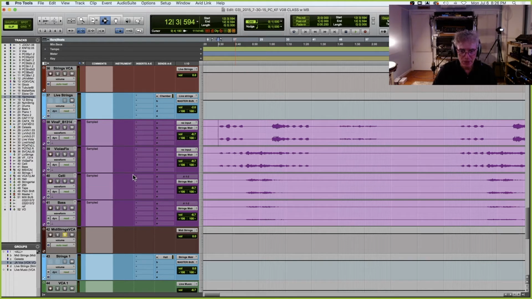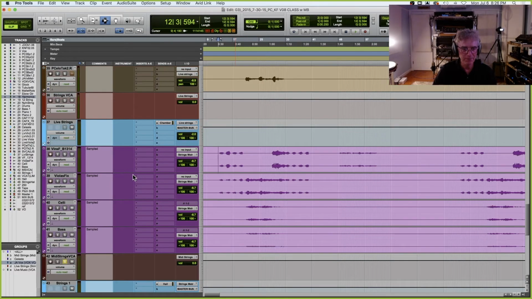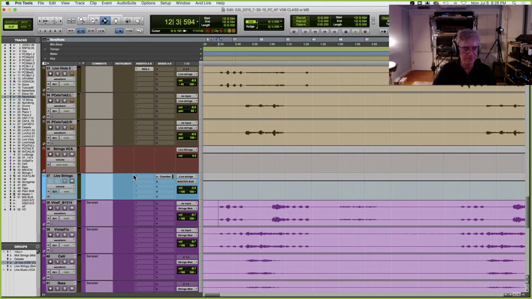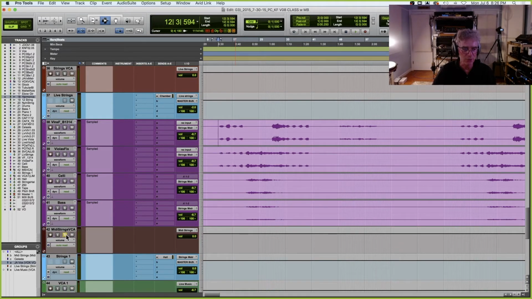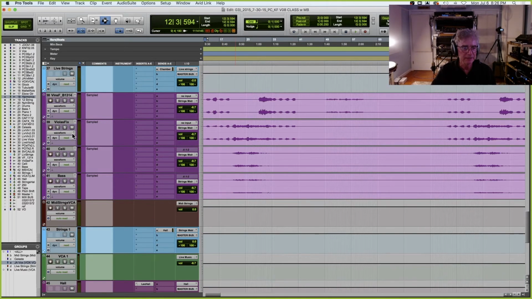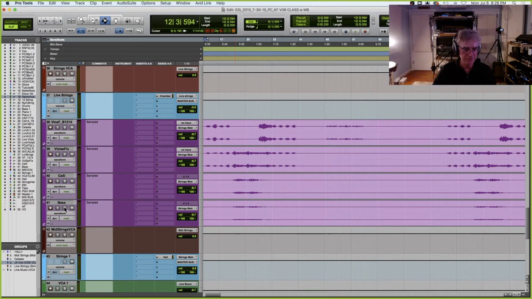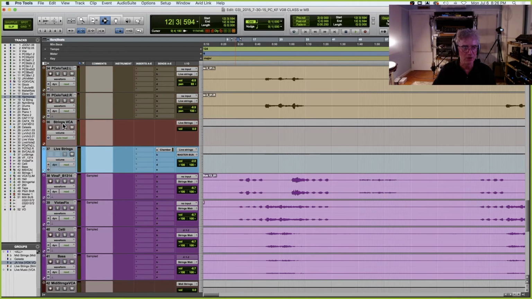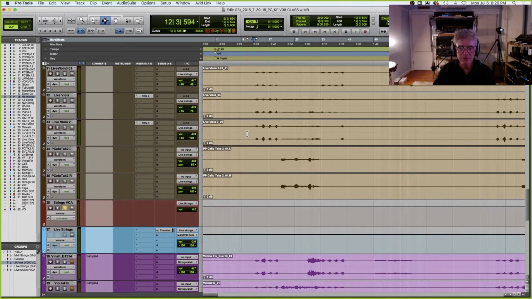Now you notice with this, there's no echo on these, just some hall reverb. And there's a lot of low strings in that. There's cello, there's bass, and then there's violins and violas. And my strings section